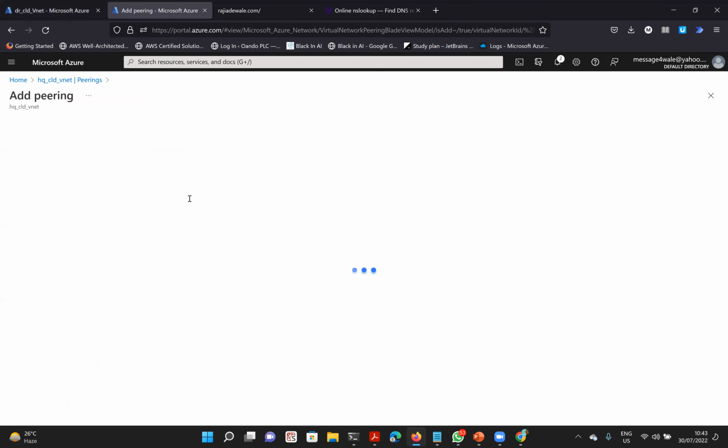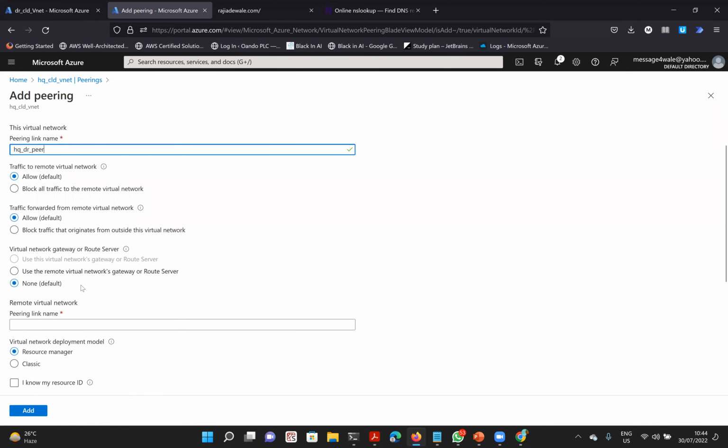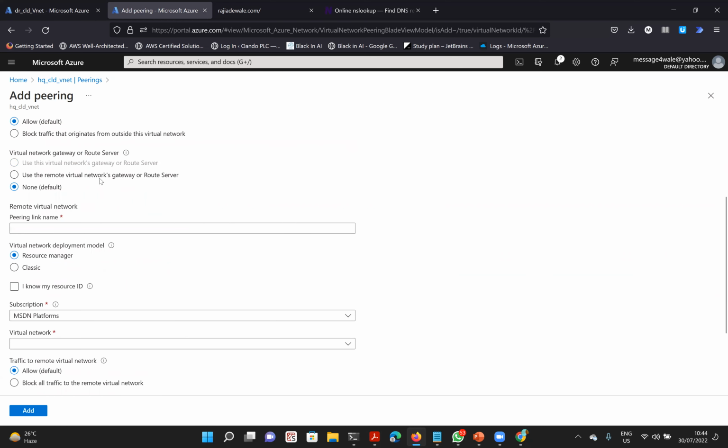So I'll come here to say add. I'll call this HQ underscore DR peer. Allow remote virtual network traffic forwarding. Which means if traffic is coming from HQ and it gets to DR, even though the destination is not DR, is DR allowed to forward that traffic across its own routing path? If I want that, I would allow it. But if I want any traffic coming from HQ to DR to not be transferred out of DR, then I can block that. Then also, do I have a gateway